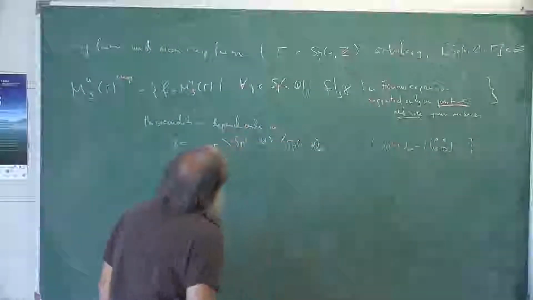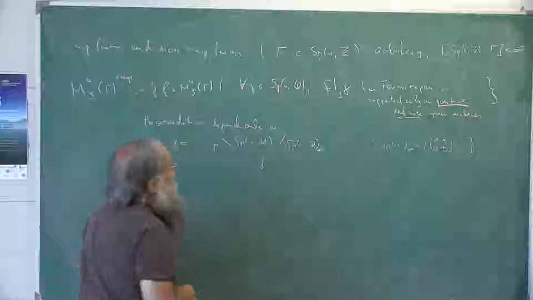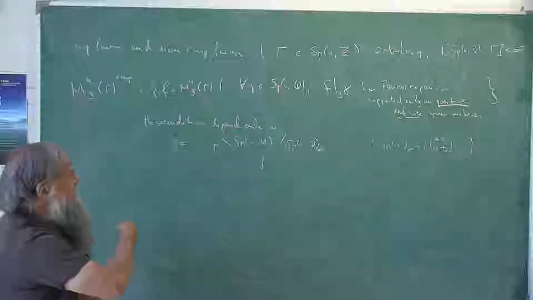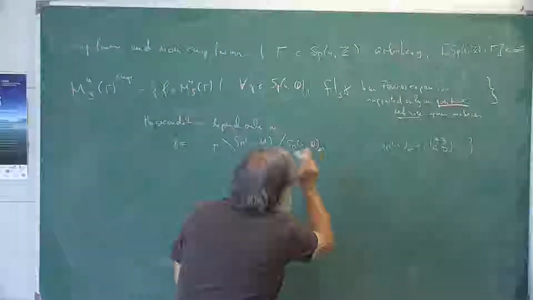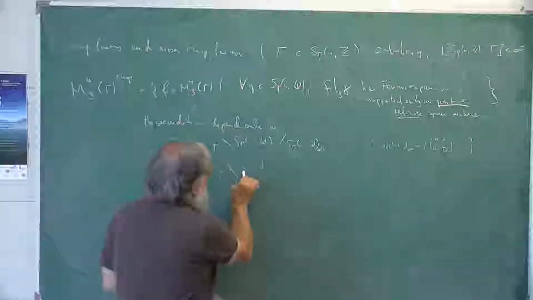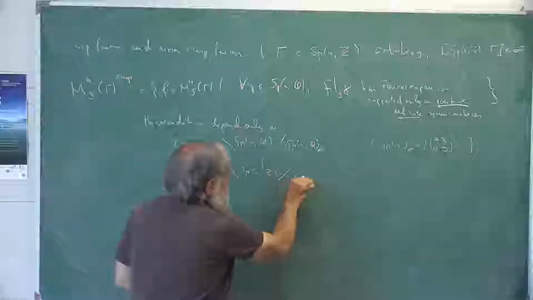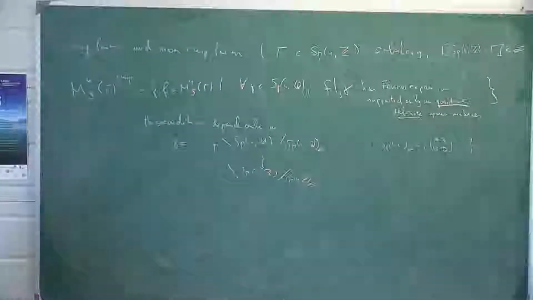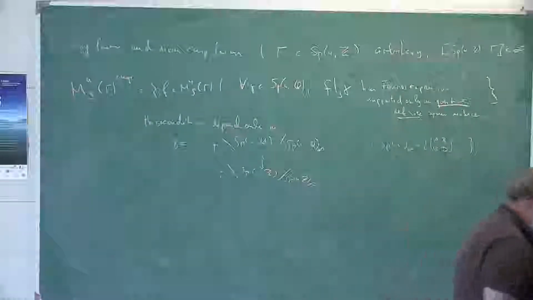And if you don't like Sp_n(Q), well, every element of Sp_n(Q), by changing it by an element of Sp_n(Z), can be made into an element of Sp_n(Q) infinity. And therefore this is the same as gamma, Sp_n(Z), not Sp_n(Z) infinity, so you do not really need rational matrices here. Okay,